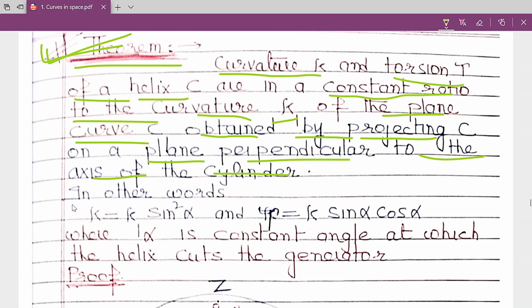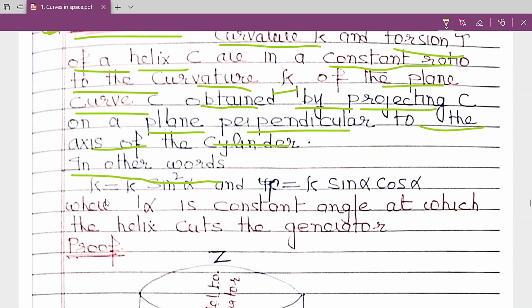In other words, this is a very important result: kappa is equal to kappa 1 sine square alpha, and tau is equal to kappa 1 sine alpha cos alpha. So that we will